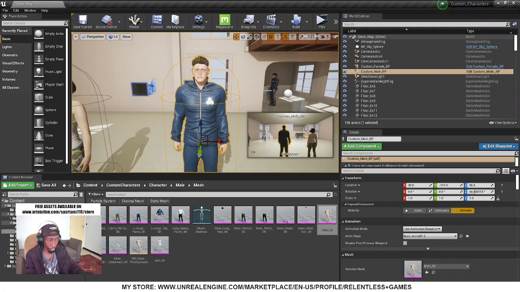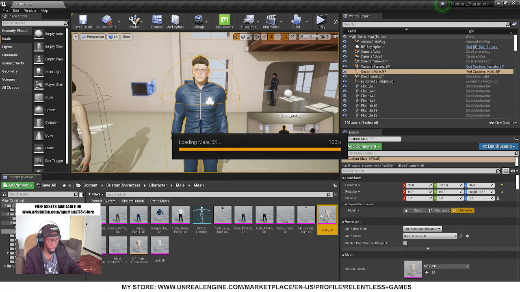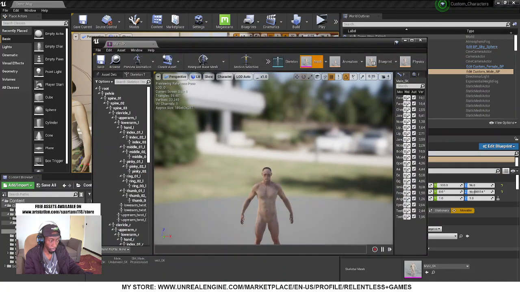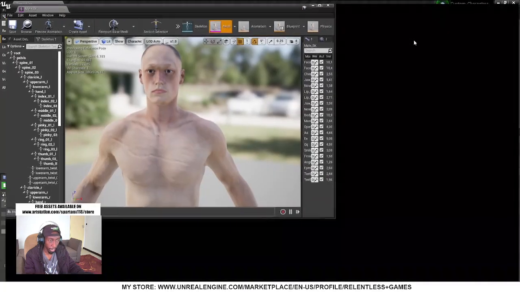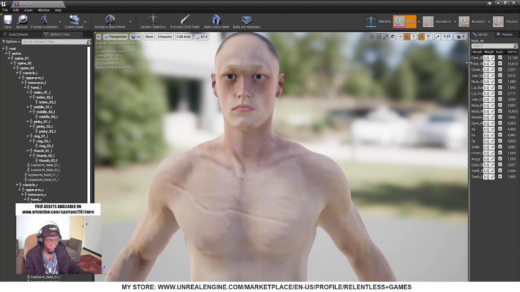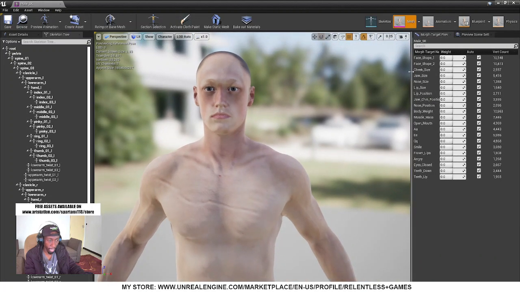Almost everything should work out of the box, because I do believe that the female character in the fantasy RPG, as well as this character, most of the morph targets actually have the same names. So the customization should work for the most part, but we might have to change a few names or a few things. For example, the body weight